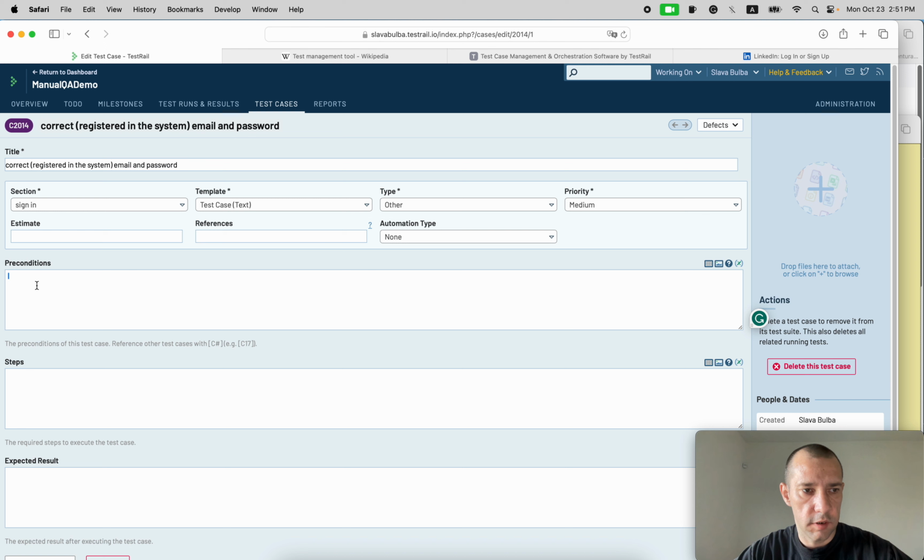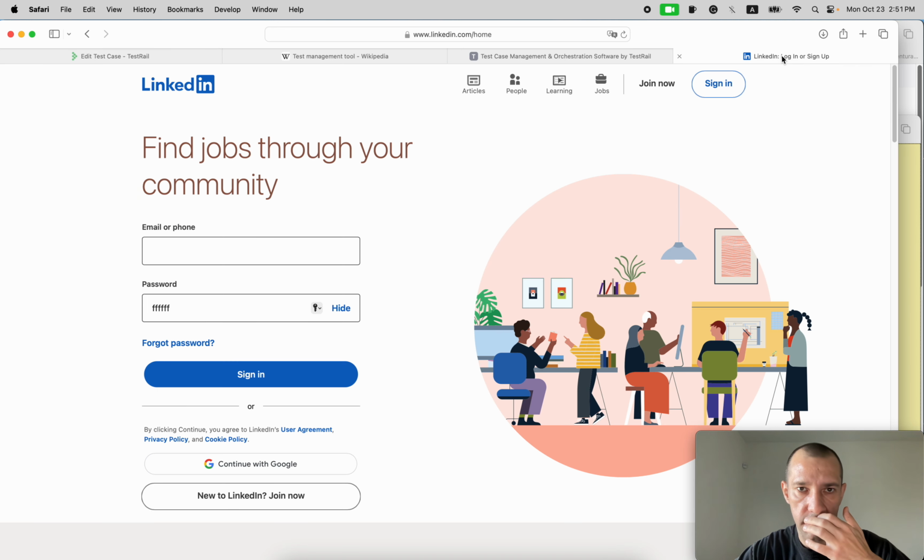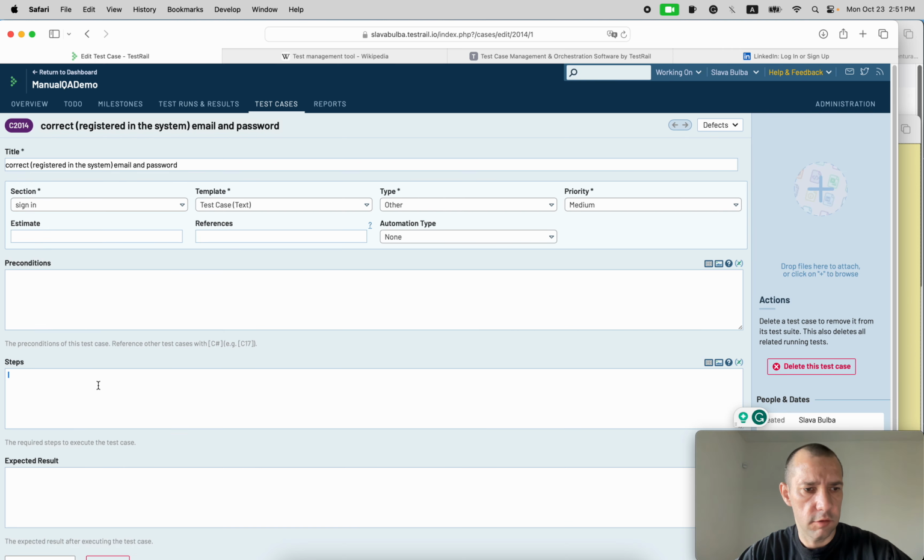So we are not going to add any preconditions here. Steps. So how much detail should you put into describing your test cases? I'm going to add it only to this first one, just to give you an idea. So steps. First one will be